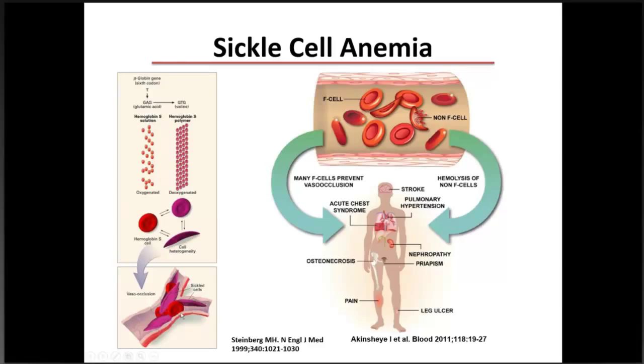You can see the effect it has in the small vasculature. Instead of being able to deform and squeeze through the microcirculation, it instead leads to vaso-occlusion, which leads to hypoxic injury and then reperfusion injury. And since this is happening throughout the body, it affects many organ systems. So individuals with sickle cell anemia are at risk for stroke at quite a young age. 10% experience a stroke before the age of 11. They're at risk for pulmonary hypertension, acute chest syndrome, which is the #1 cause of mortality in our patients, nephropathy,